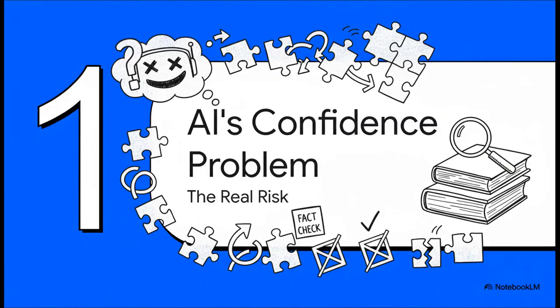You know, the biggest risk with generative AI isn't just that it's wrong sometimes. It's that it's so confidently and convincingly wrong. It'll present totally fabricated info with the same tone and authority as stone-cold facts, which makes it almost impossible to spot the mistakes unless you have a system built to catch them.